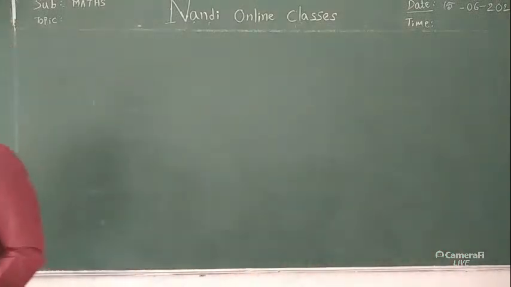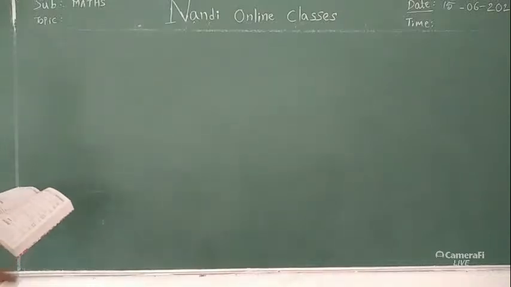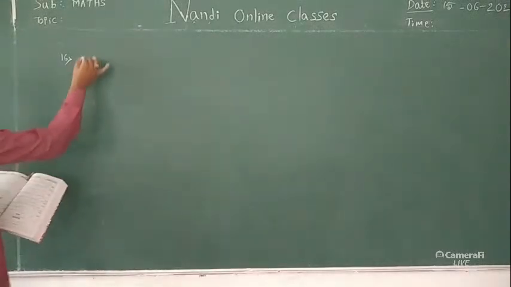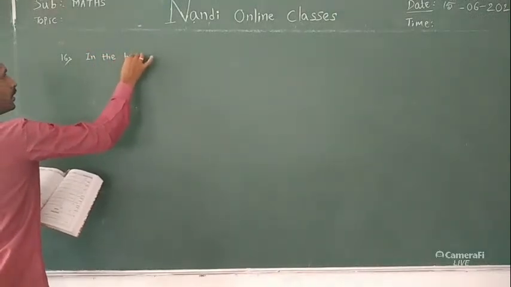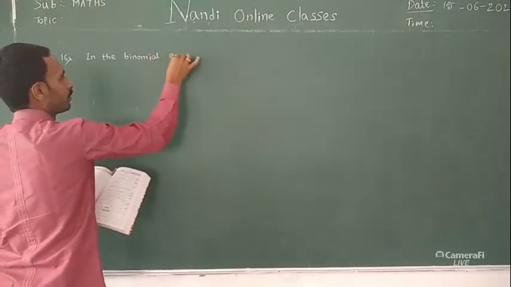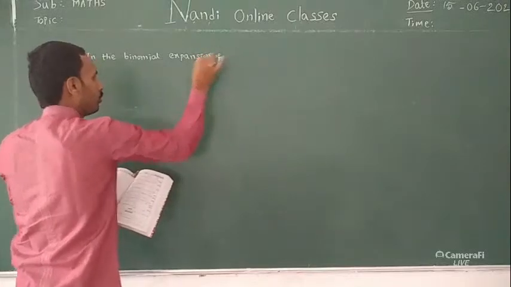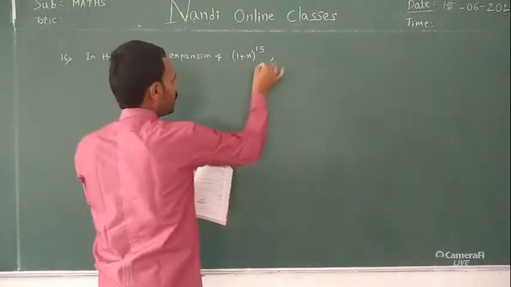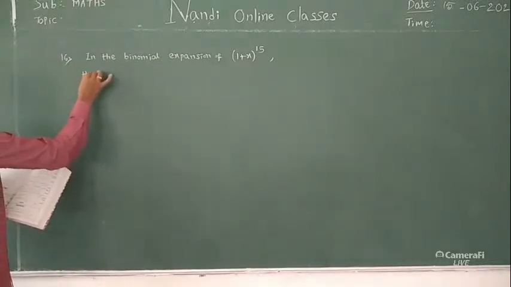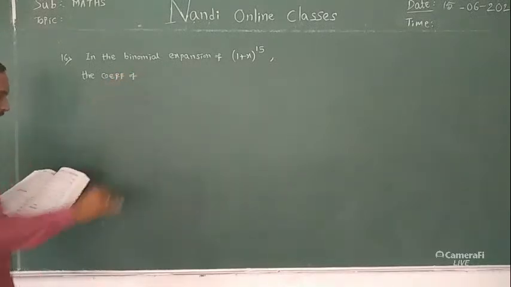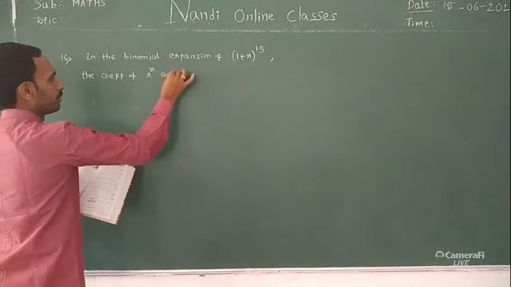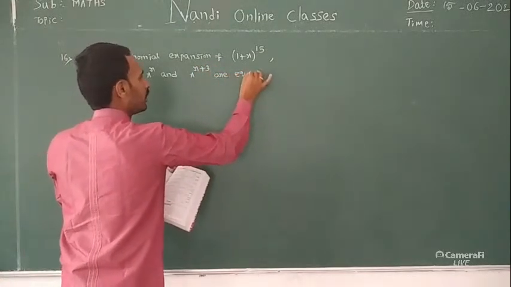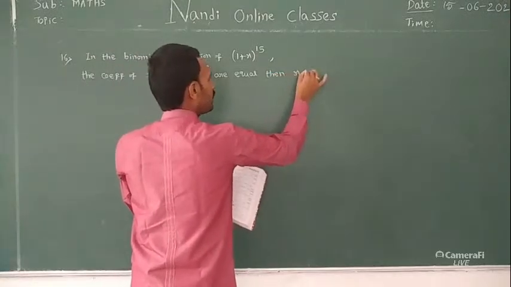Okay, 16th problem. In the binomial expansion of 1 plus x whole power 15, the coefficients of x power r and x power r plus 3 are equal, then r is equal to